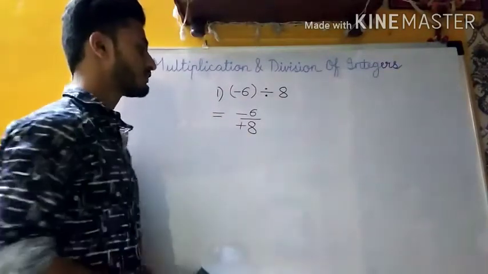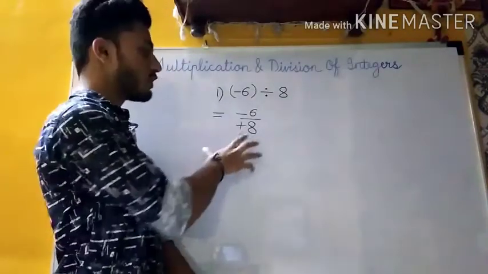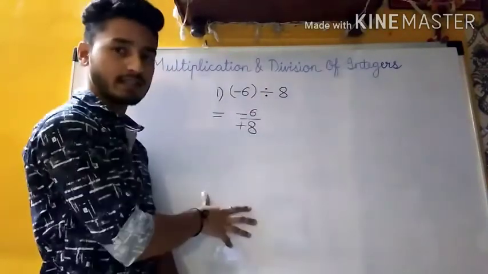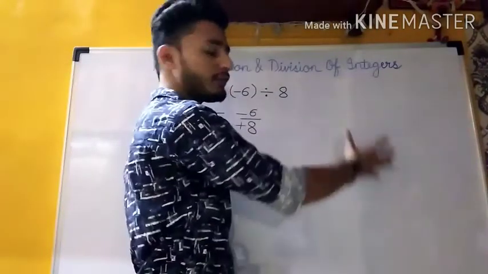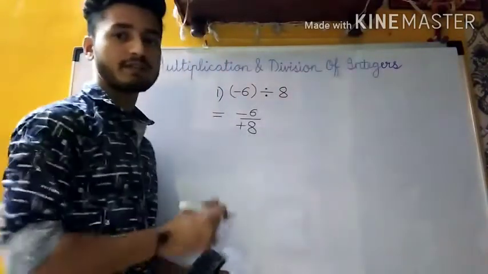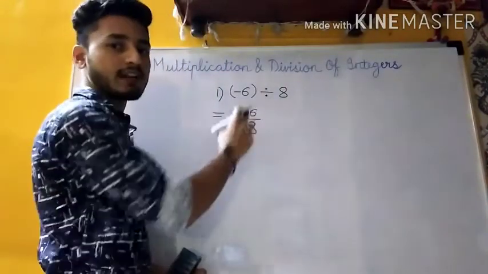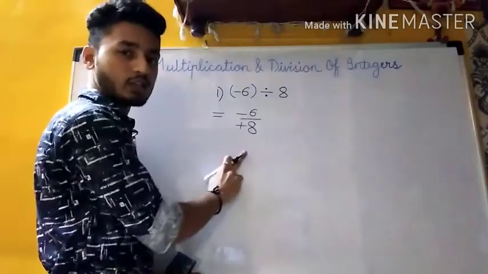Okay, now the next step is that we are going to find the prime factors. You will not find the prime factors below here itself. You will find it in your rough part. You will make a rough column and you will find the prime factors in your rough part. So first we'll find the prime factors of 6 and then we'll find the prime factors of 8. You're going to find for both, that is numerator and denominator.